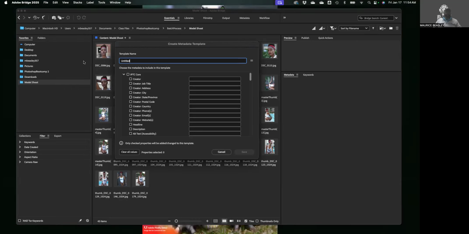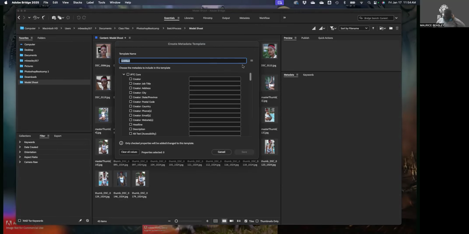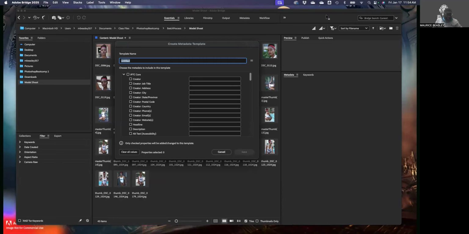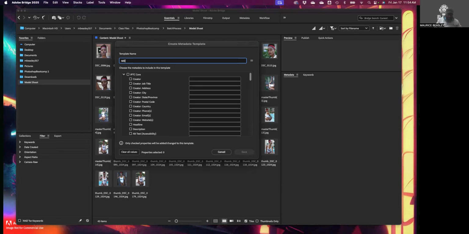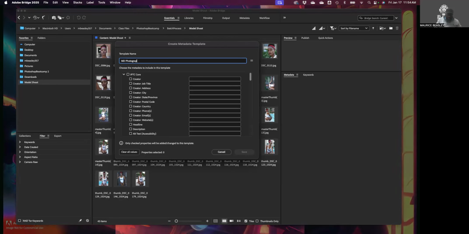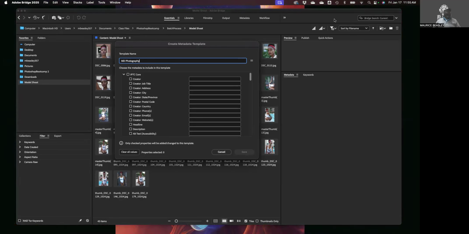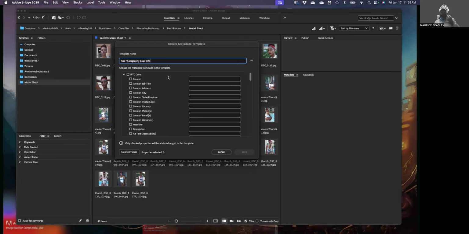So let's go with a scenario. I have my company, and I'm a photographer. So I'm the photographer. So let's say MD Photography, basic info. Now, the thing about these metadata templates, you don't want to be very, very specific with them because